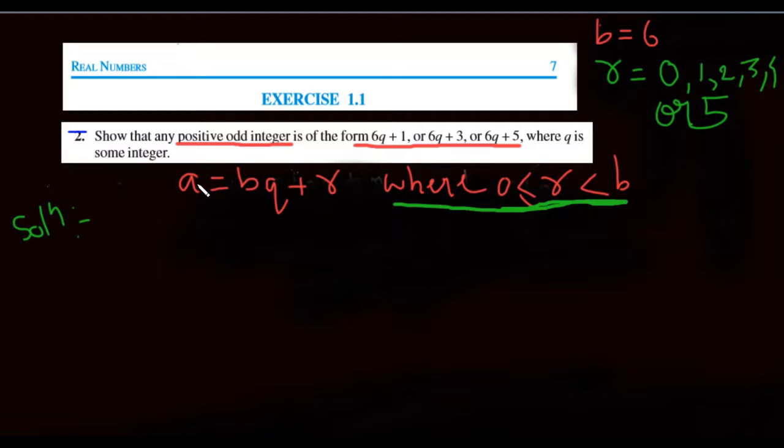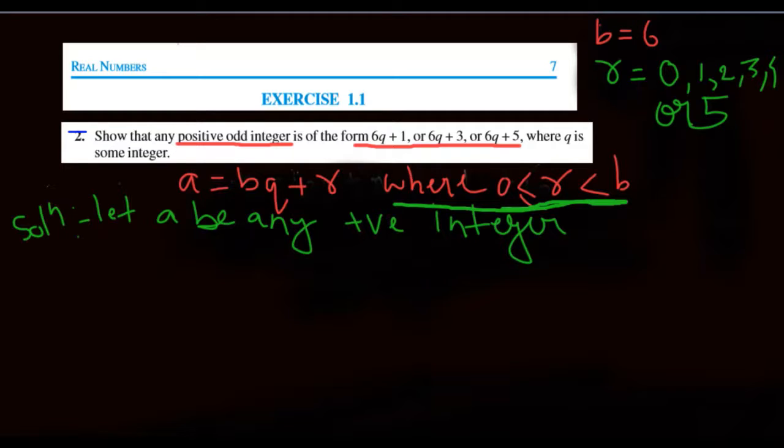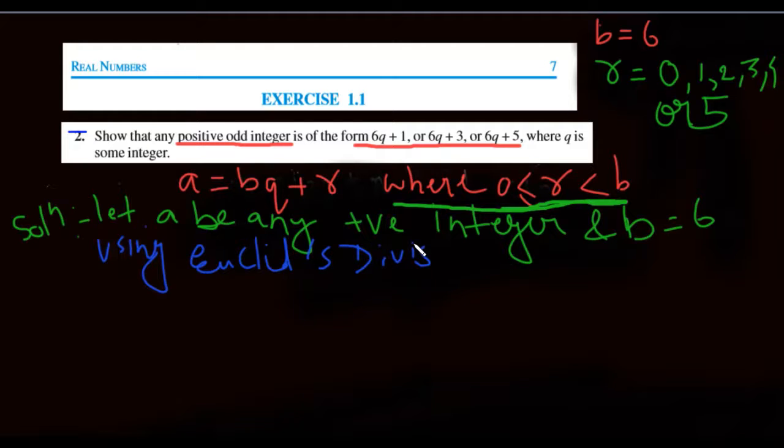So we'll write it like this: let A be any positive integer and B is equal to 6 as given by the question itself. Now using Euclid's division algorithm,